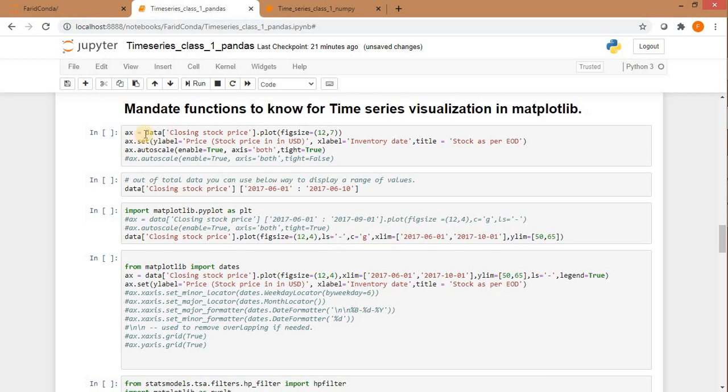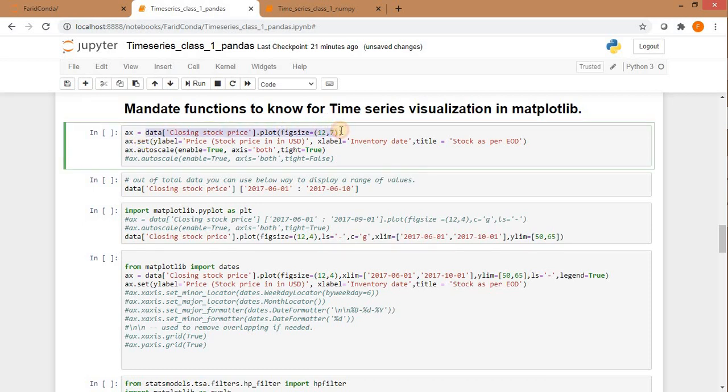The logic is simple. Whatever plot I am going to draw, I read that plot into a variable, and for that particular variable I assign the options. Here we have a set function, and it has a lot of options to assign to that variable, like y label, x label, and title.